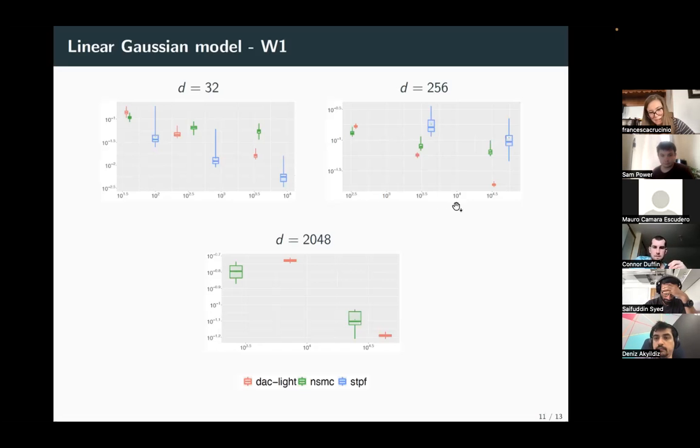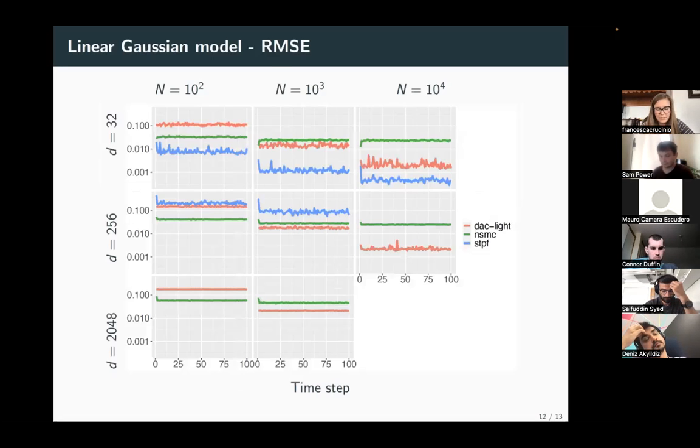And I was pretty happy to see the results on this problem, because it seems that the divide and conquer has lower variance and it achieves better Wasserstein distance for this problem. And the cost is quite similar to that of nested SMC. So it seems to be doing all right for this problem. And similarly, if you look at the relative mean squared error, the picture is not that different. If the dimension is quite small, the space-time particle filter does the best. But as you increase dimension, the space-time particle filter struggles a bit.